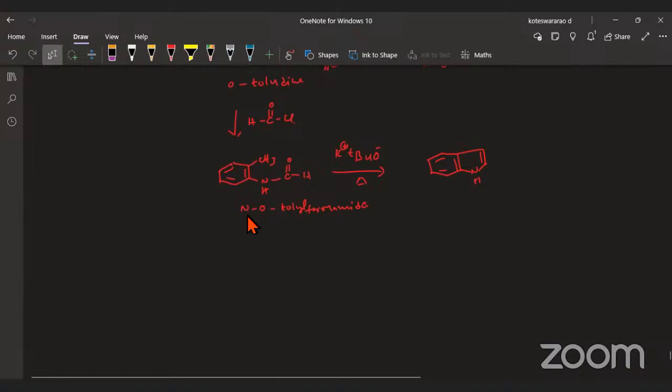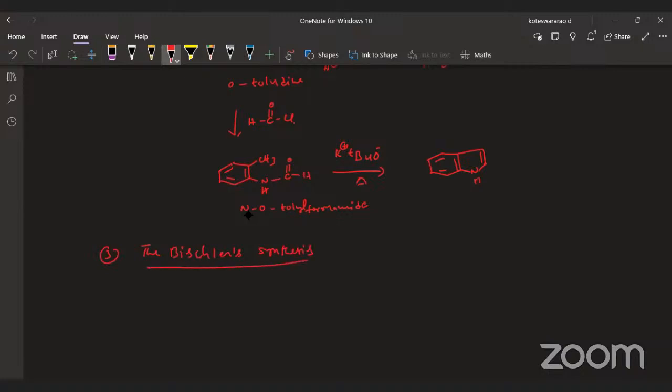Next, the Bischler-Napieralski reaction. The third one is the Bischler-Napieralski reaction, Bischler's synthesis. Here also we are starting with the aniline. The reaction starts with aniline